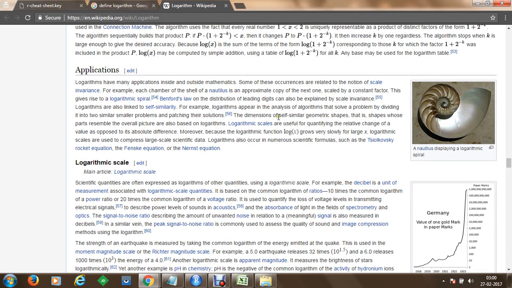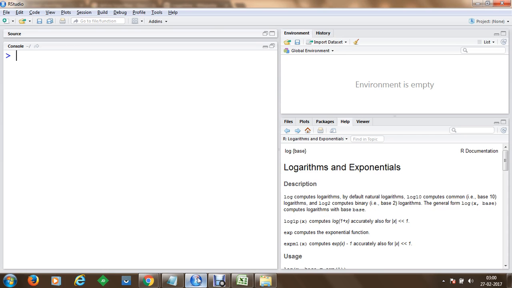You can see that in the applications section here. Actually, these logarithms are generally found in the analysis of algorithms that solve a problem by dividing it into two similar smaller problems and patching their solutions. Let's see how we can compute that in RStudio.